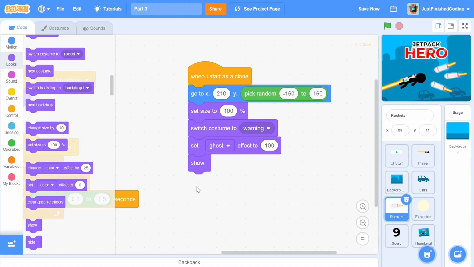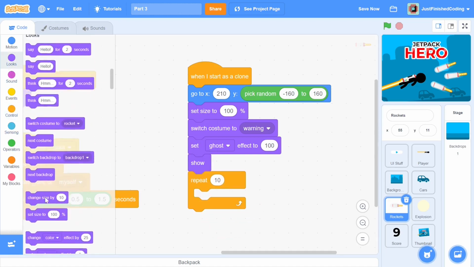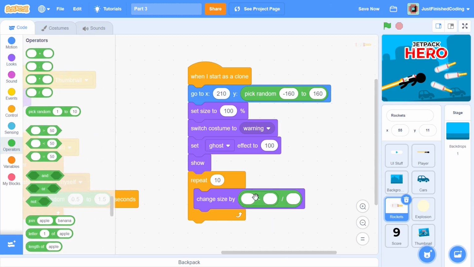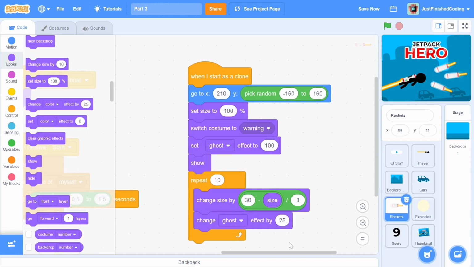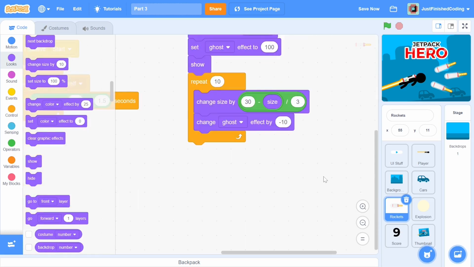The actual size of the Warning costume needs to only be about 30, but we set it to 100 initially and then swiftly reduce it the same way we did in the intro screen. Let's actually implement that. Within a repeat 10, we change size by 30 minus size divided by 3. Next, we change ghost effect by -10 so that at the end of this repeat, the clone will be completely